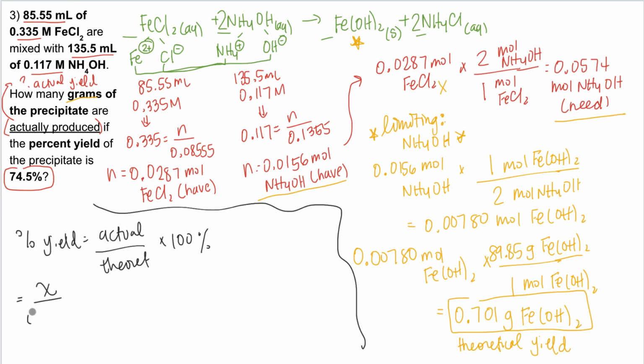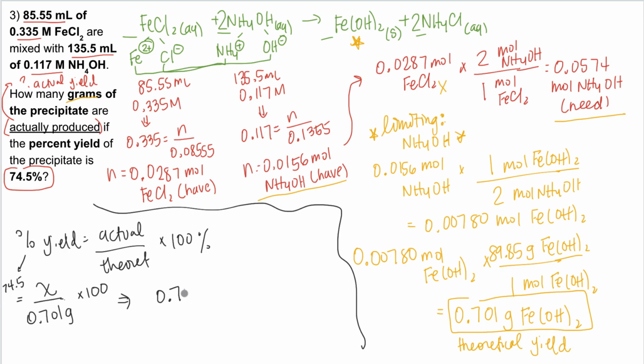We just found out from our stoichiometry calculations what the theoretical yield is going to be. And then we have to multiply that by 100. And then we do know the percent yield, which is 74.5. So sorry, that's supposed to go in here. I didn't line this up very well. So 74.5 should equal x over 0.701 times 100. So the first thing I'm going to do is divide both sides by 100, and I'm going to end up with